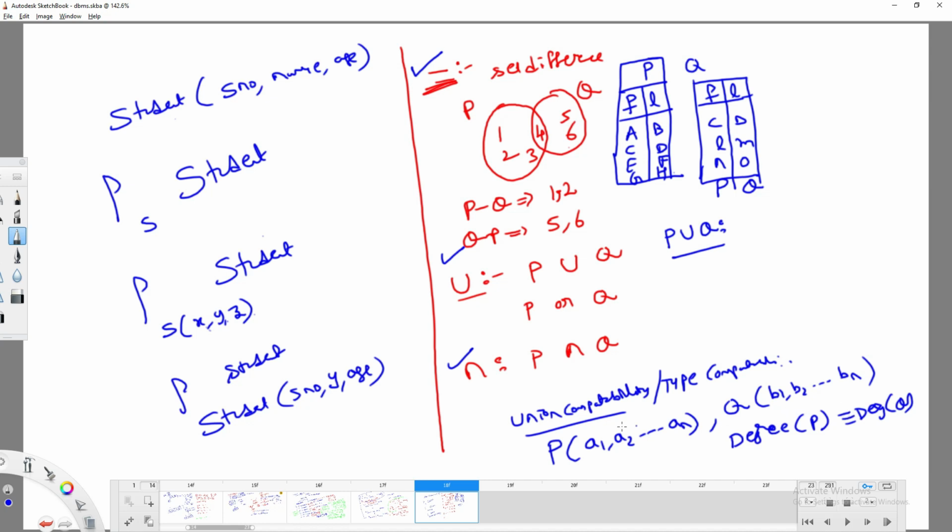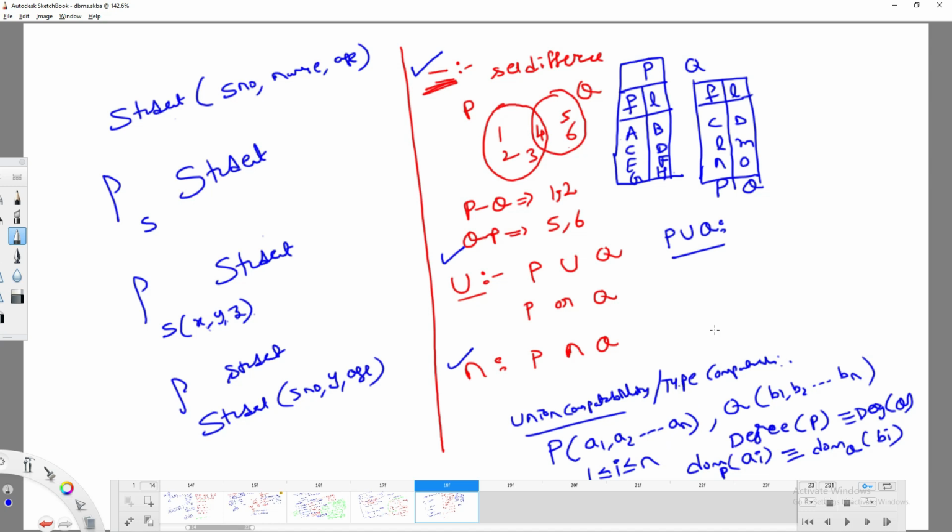And also each and every attribute domain should be the same. Am I right? So this is character A, this is character C, so there is no problem. But here there are numbers, here there are characters, that should not be possible. So the domain of attribute Ai in P should be equal to the domain of attribute Bi in Q, where i ranges from 1 to n. This is the meaning of union compatible: the first column in P and the first column in Q should have the same domain. Same domain means same data type, basically, in our terminology. So if it is union compatible, then only we will move further, right?